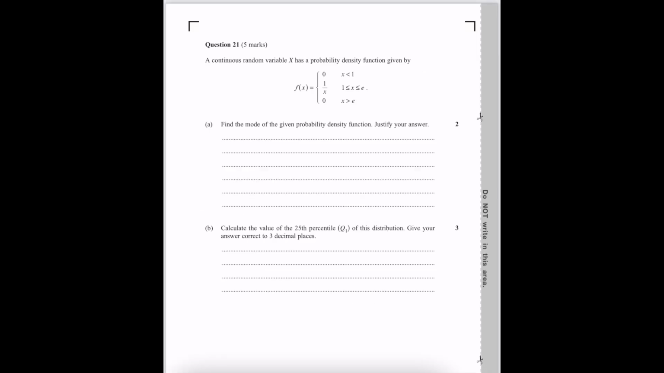Question 21 says a continuous random variable x has a probability density function given by this function here. Find the mode of the given probability density function. Justify your answer. So the mode is the most common value. And for a probability density function, this is essentially going to be the maximum value for